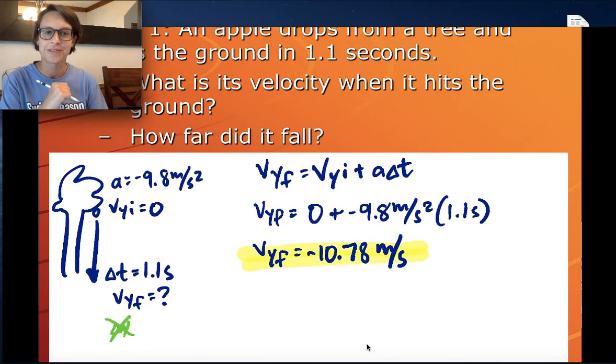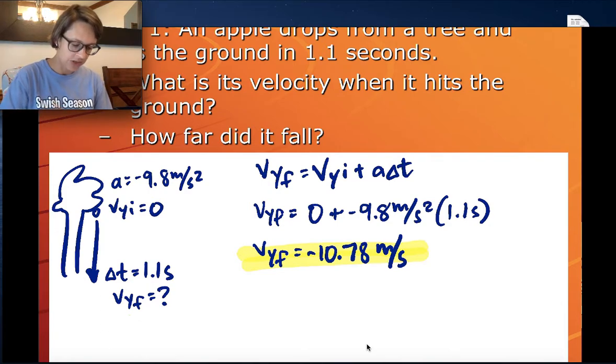Should it be negative? Yes, hopefully you're saying yes. The reason it's negative is that the apple is falling as it hits the ground. It's going down. Just remember, the negative is a directional term. Okay, and then it's falling for just slightly over a second, so it should be going just a little bit faster than 9.8 meters per second as it hits. Okay,